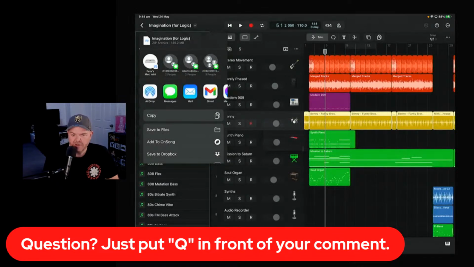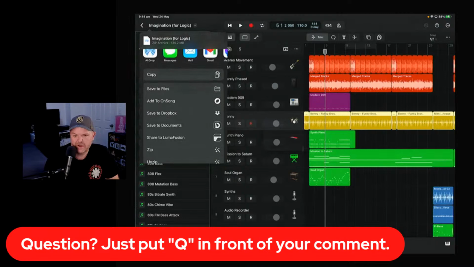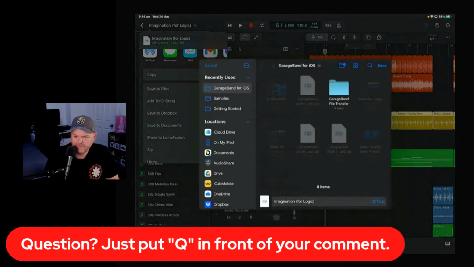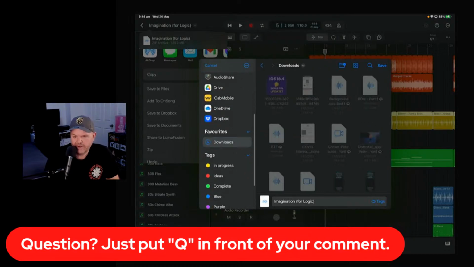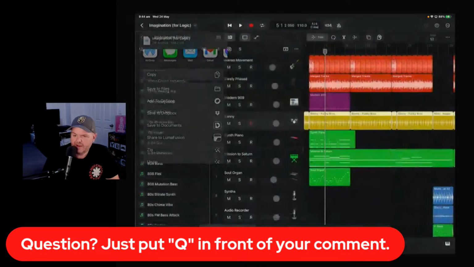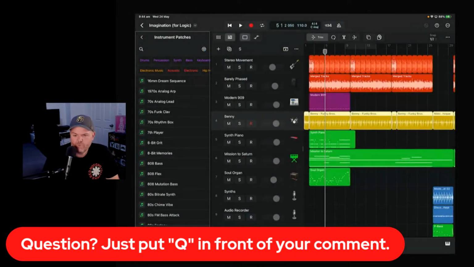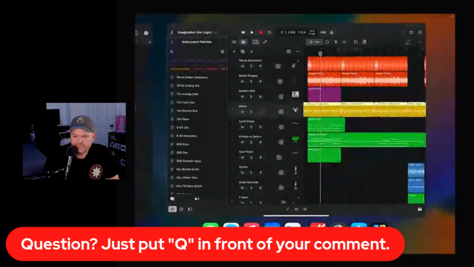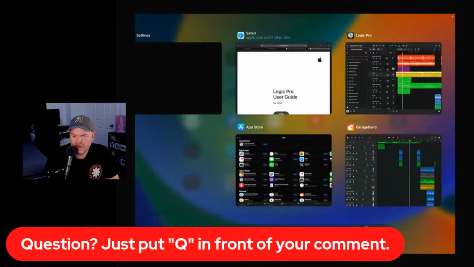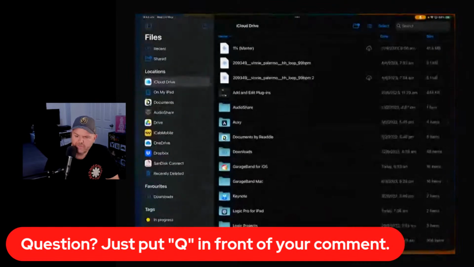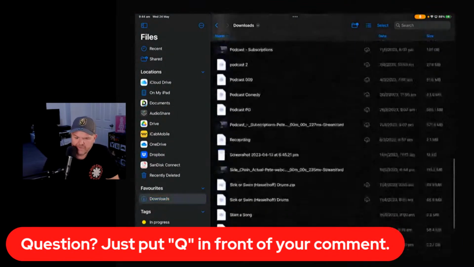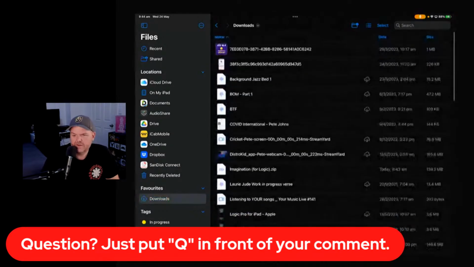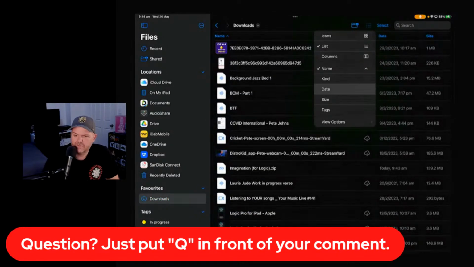So now we've got the ability to save these. So we'll come down here and we'll save to files, and let's dump these somewhere. Where can I put them? I like to just put things in my downloads file because I never really know where else to put them. Let's save this in my downloads file and I'll see what format it saves all these audio files in. Because hopefully, if we come out to our Files app, go to our downloads, I'm hoping it saved them in like a folder. Hang on, let's just search for these by date.